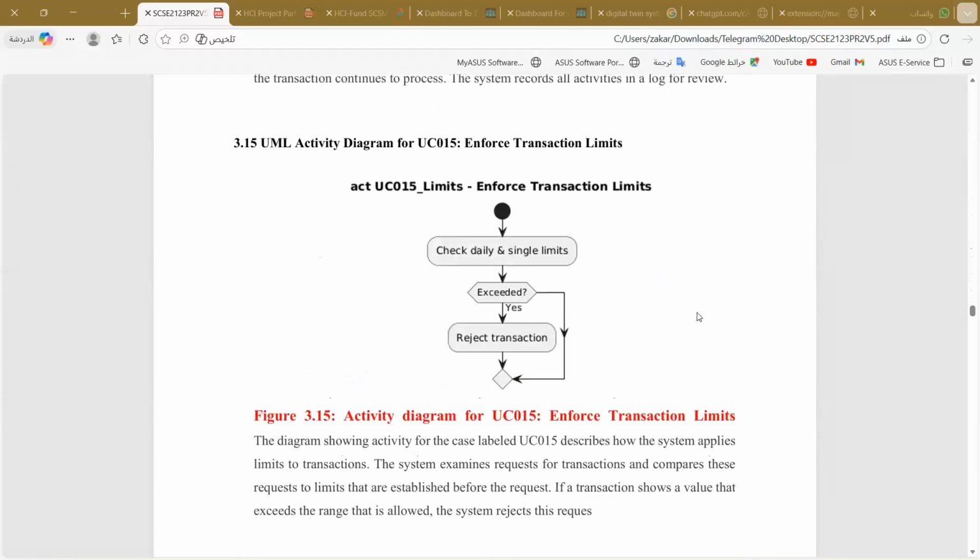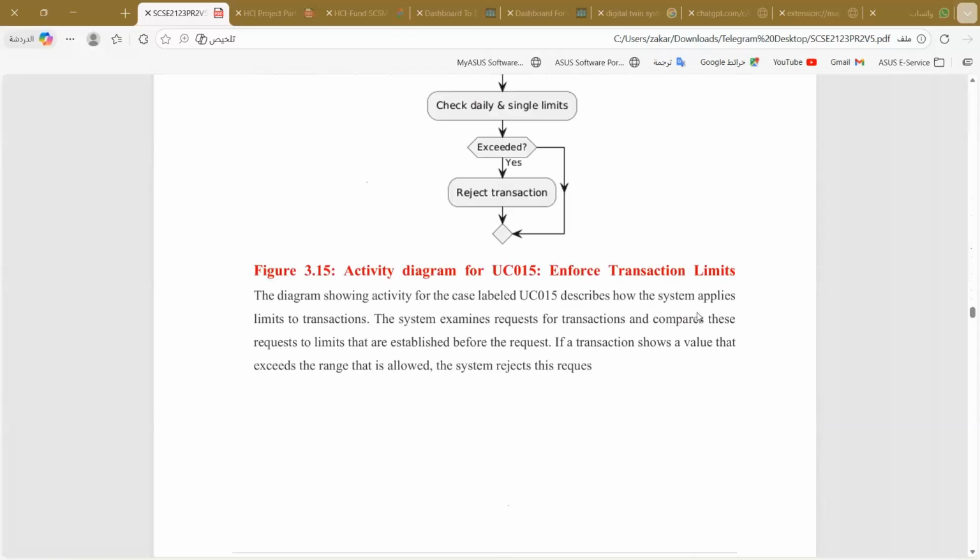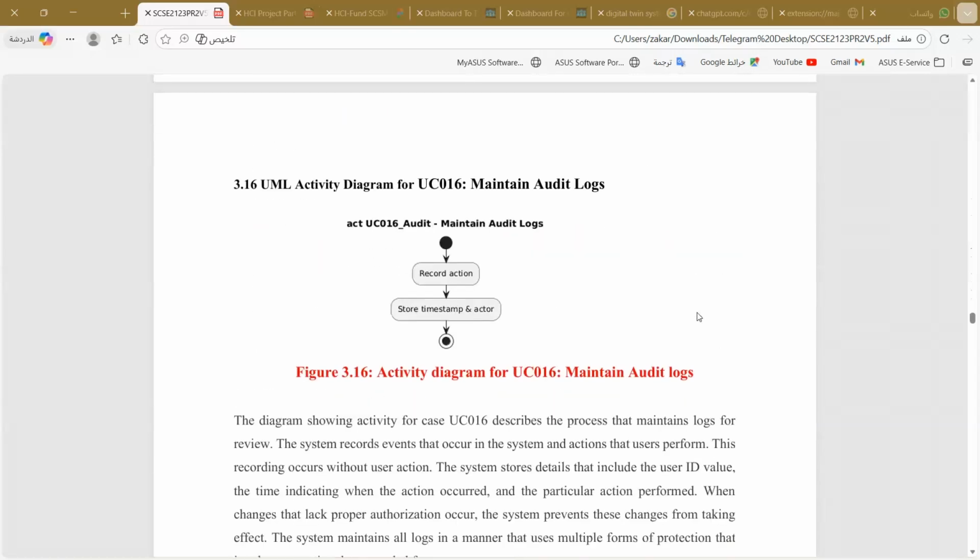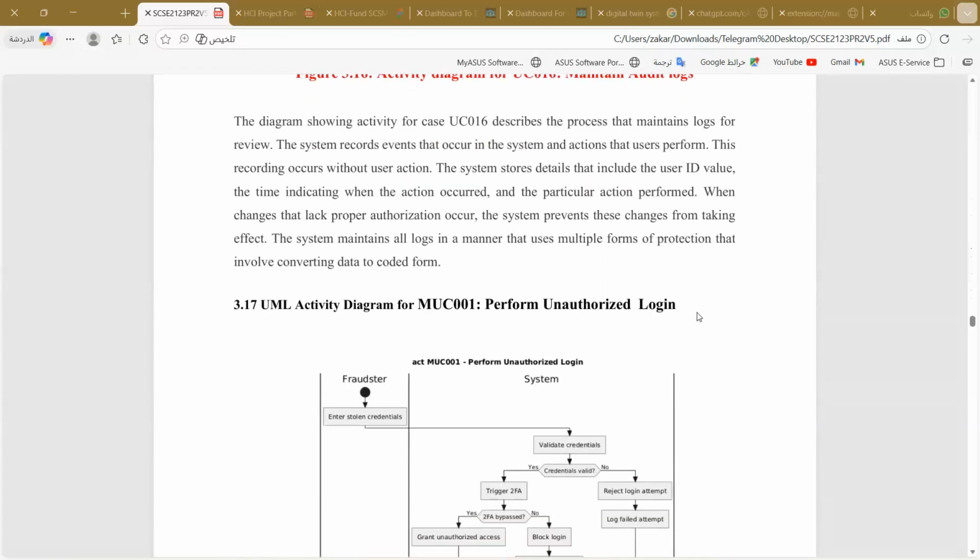Okay. We have also enforced transaction limits. So check daily and single limits. If they exceeded, reject the transaction. If not exceeded, we'll also keep going with the flow. And we have maintained audit logs. Okay. So the system will record the action and store the timestamp and the actor for the compliance check, of